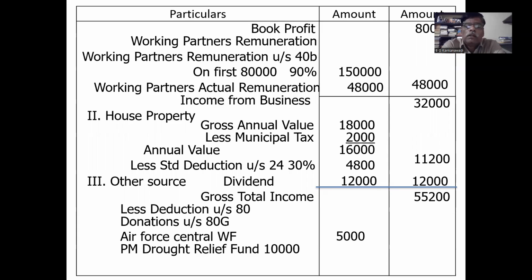This Prime Minister drought relief fund amount is 10,000, and this 10,000 comes under first category. 100% qualify, but deductible amount is only 50%. So 50% of 10,000 is 5,000. So you deduct this 5,000 and plus 5,000, total 10,000. If you deduct the 10,000 amount,